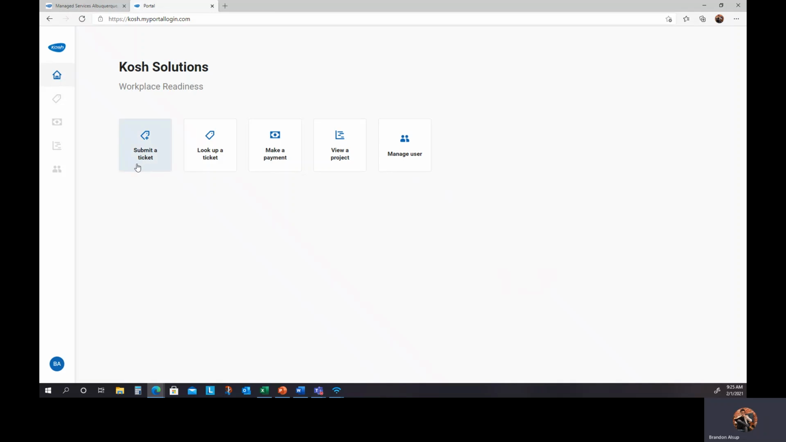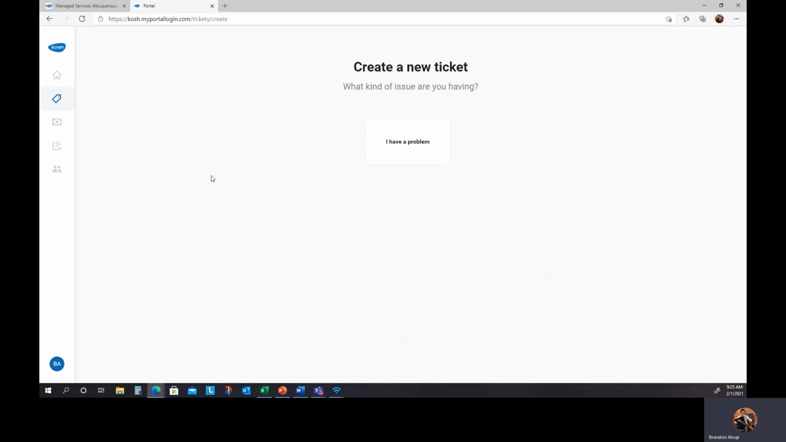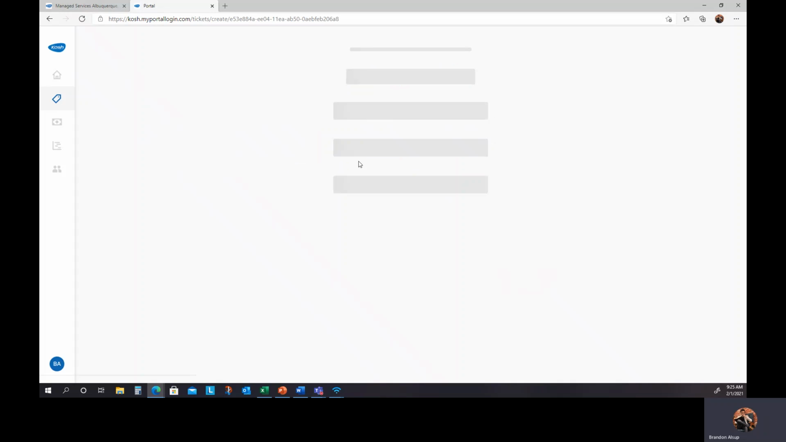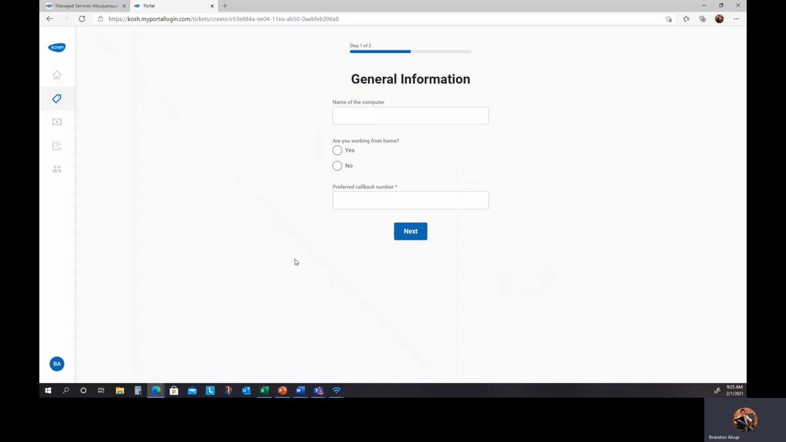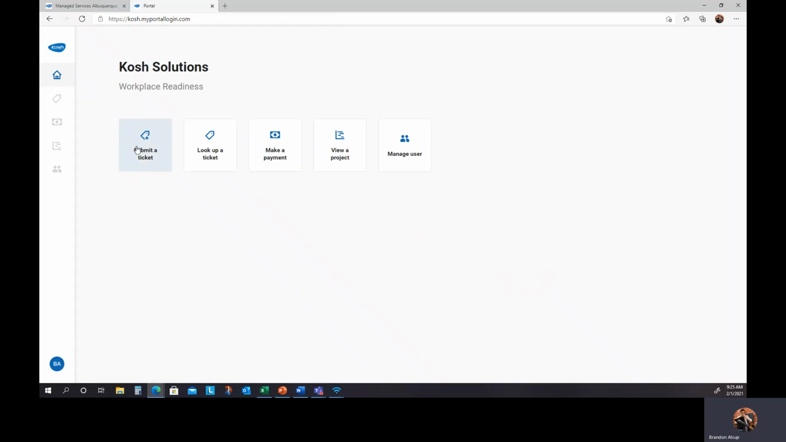So you can submit a ticket. If you need support from Kosh, then go ahead and follow the steps here on how to submit a ticket. I need technical support. And I've gone over this in another video in more detail. You pretty much just fill it out and it'll submit a ticket. Going back home, you can also make a payment in the portal,